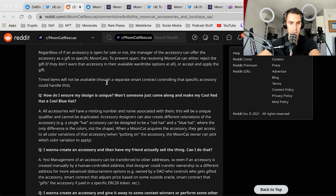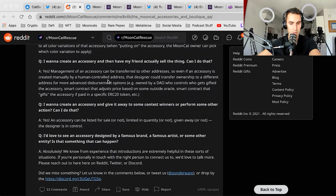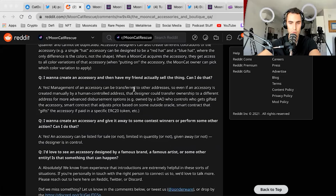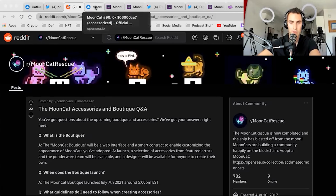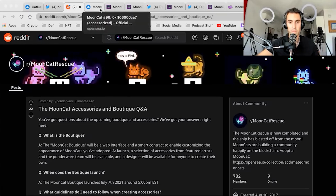And what a lot of people don't realize is this actually keeps a lot of the money within the MoonCat ecosystem, because now you have those who are adding or contributing value to the boutique getting rewarded and paid out. And then they actually use that money to buy MoonCats, or maybe level up from a 2021 to a 2017 or 2018, or a clone or something like that, which I'll cover a story, because one of my favorite artists in the boutique actually did not own a MoonCat as he began accessorizing, and now owns a few